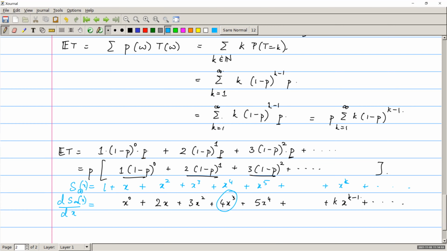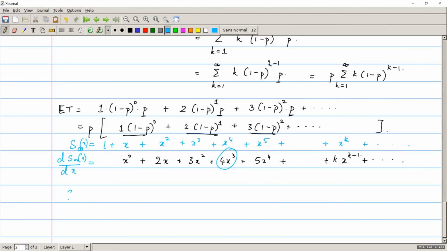Okay, so here, what is s infinity of x? This we know how to do. This is 1 over 1 minus x. Okay, what is the derivative? So if I see it as a function of x, the derivative with respect to x is